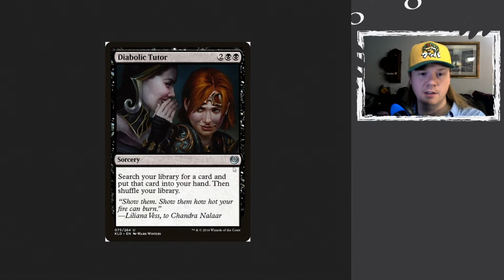But anyways, Diabolical Tutor, what it does, if you are not aware, it's a pretty decent black card, for at least budget. So Diabolical Tutor costs 2 colorless, 2 black. Sorcery, search your library for a card and then put that card into your hand, then shuffle your library. It is basically Demonic Tutor, which we've gone over before, but it costs 2 more mana. And so if you're wondering why would you ever want to have Diabolical Tutor over Demonic Tutor, you wouldn't unless you are